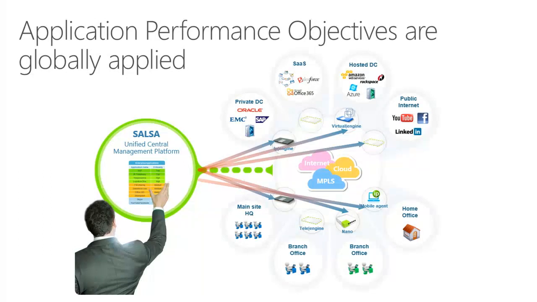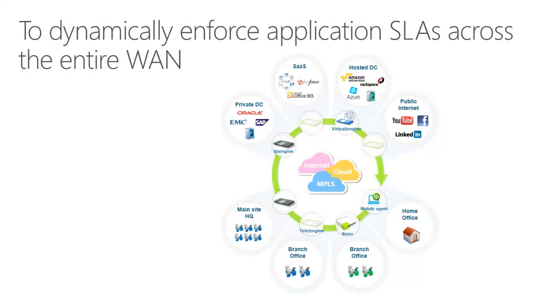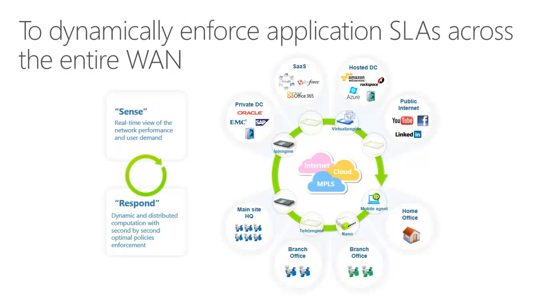Once everything's been pushed into the network through the central management platform, in this case we actually use a sense and respond technique to take the measurements that the system is doing and use them to calculate how to manage the flows to deliver application quality. So this is real-time dynamic application quality. If you start a Lync call, you get real-time guaranteed performance. If you start a telepresence video, you get real-time guaranteed performance.